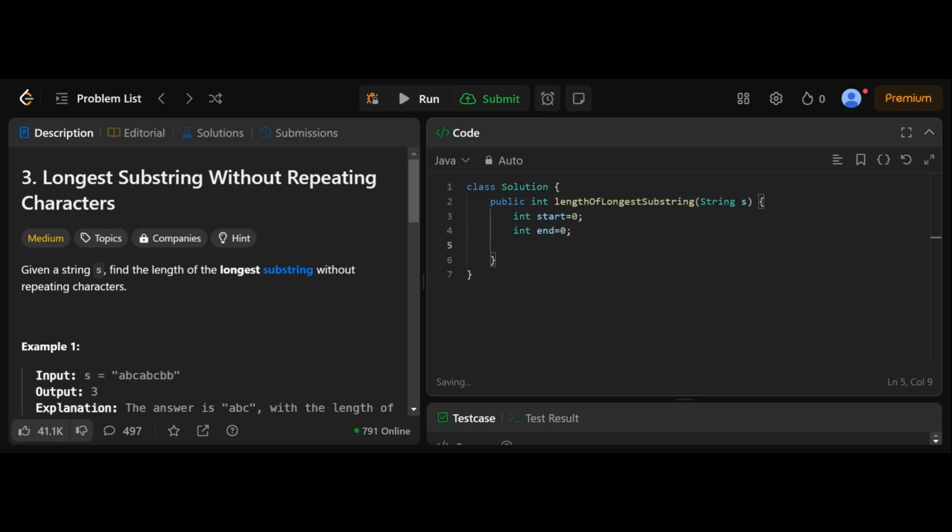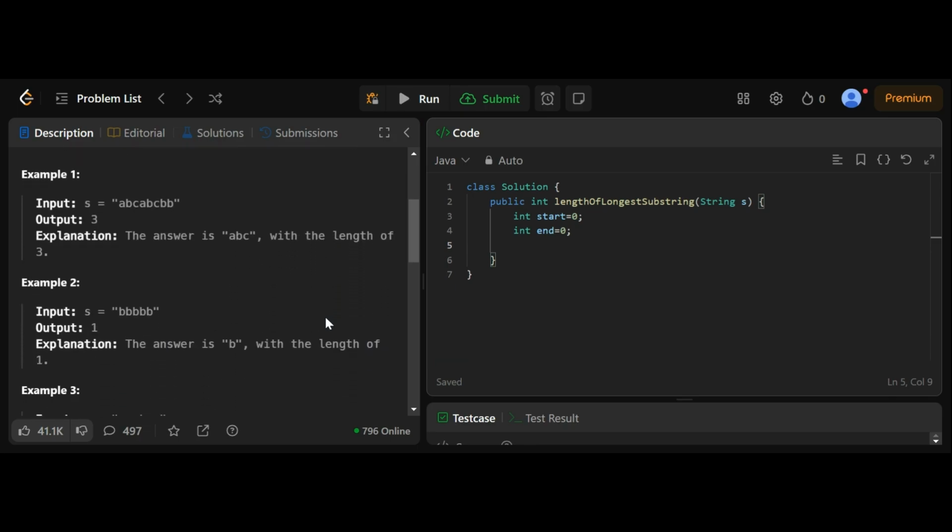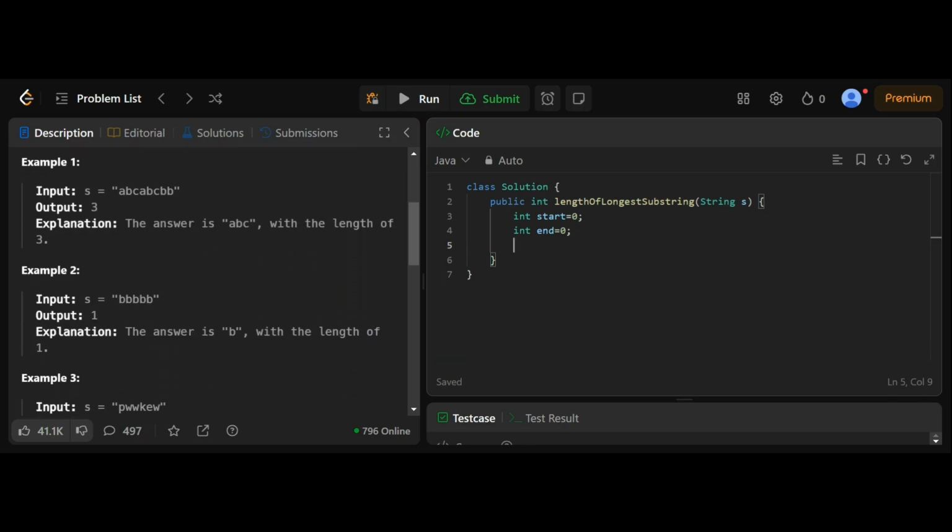Initially, both these start and end variables will be pointed at the beginning of the string. For example, if my string is ABCABCBB, then both the start and end will be pointing at the letter A, which is the initial point of the given string. Once we initialize both start and end, we have to initialize the maximum length. So the maximum length is nothing but